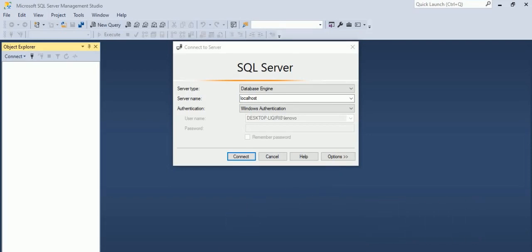In part 1, we have learned how to connect to a SQL server using SQL Management Studio. In part 2, we have learned how to create a database through Query Editor and through Object Explorer. In this part, we'll learn how to create a table, how to alter a table, and how to drop a table.